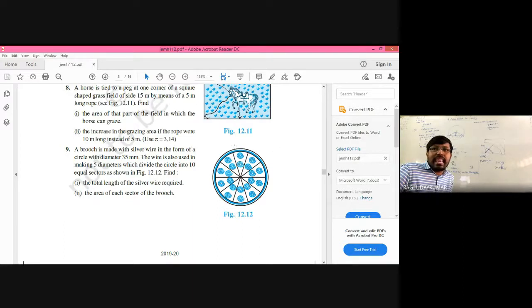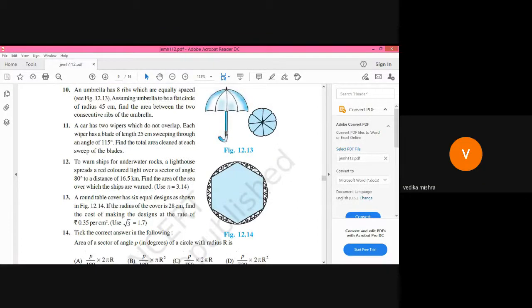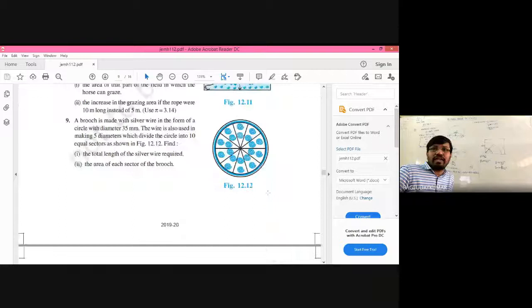Perimeter of the circle, circumference of the circle, ये complete plane है and 5 times diameter, so 5 into 35. So you need to take 22 by 7 only here, 2 pi r plus 5 into 35, where r is equals to 35 by 2 should be taken into consideration. समझ में आया? Is it clear to you? No, sir. No, explain करो. Okay, I'll explain to you on the board. Don't worry.